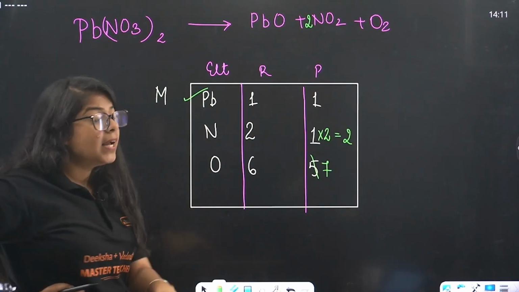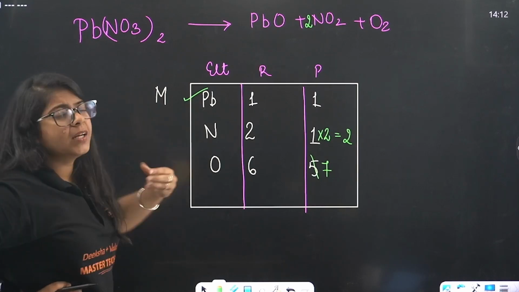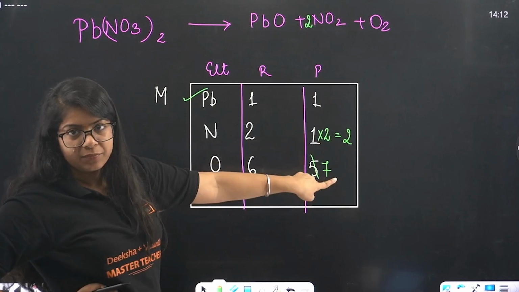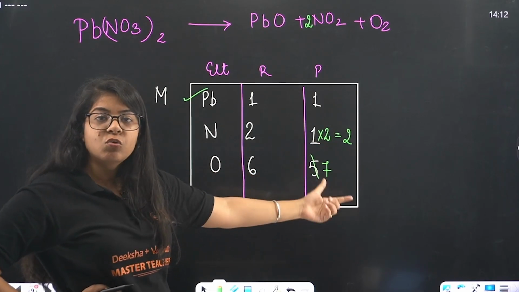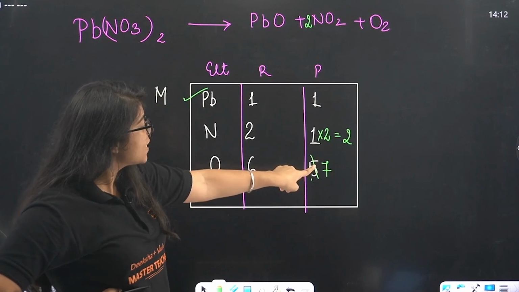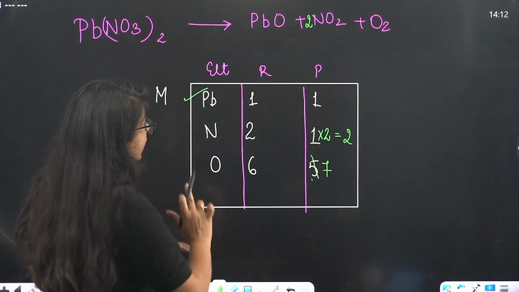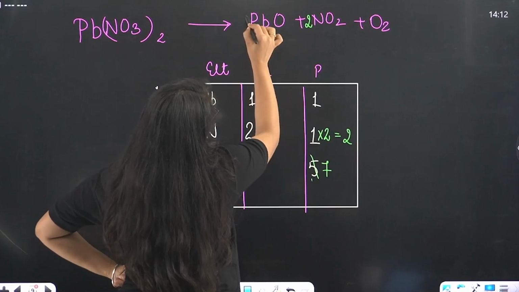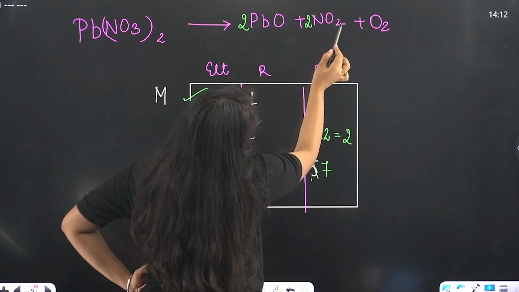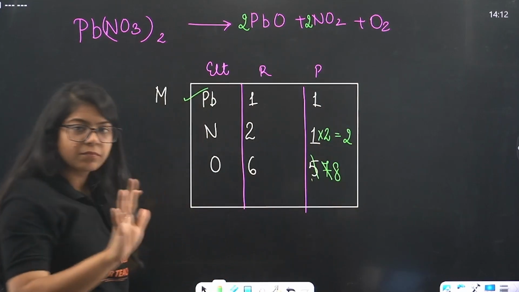Right? Now, what you can do is, beta, we call it a little bit of hit and try. Okay? See, we want an even number here. Why? So that we can multiply it with 2 and relate it to these 2, right? We want an even number here. So, instead of 7, I want either 8 or 9. What if I multiply, this is 1 oxygen. If I multiply this with 2, this will become how many oxygen? 2 oxygen. 2 plus 4, 6, 7, 8. So, this becomes 8.